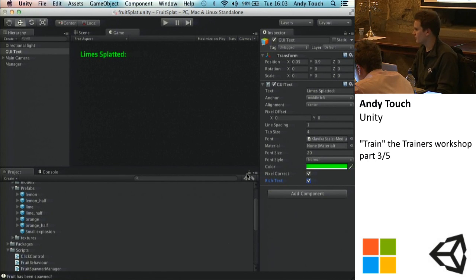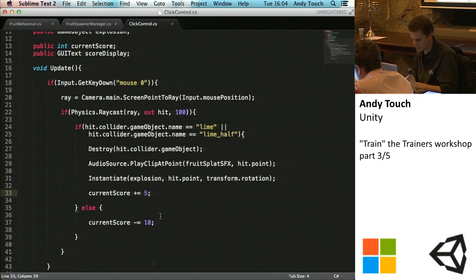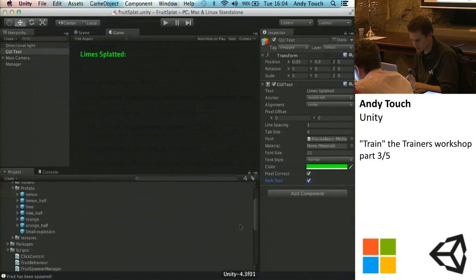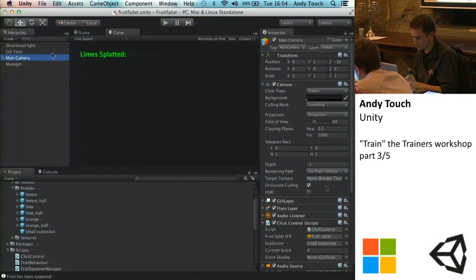Awesome, cool. So we've all got a very simple thing in the top left-hand corner that says this. We're going to output a very simple string to it. And that's probably going to be the last thing that we do today. I think we've kind of run out of time. We'll do Iron Man stuff tomorrow and everything else. That's cool. So now that we have our GUI text output, if we go to the camera,